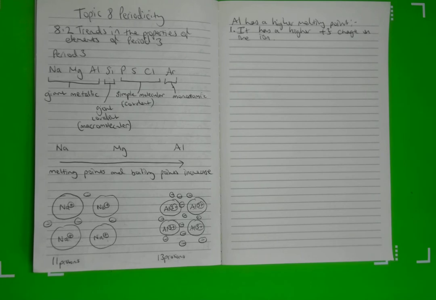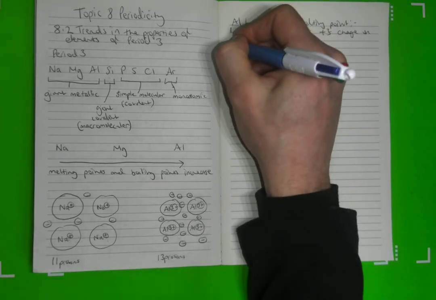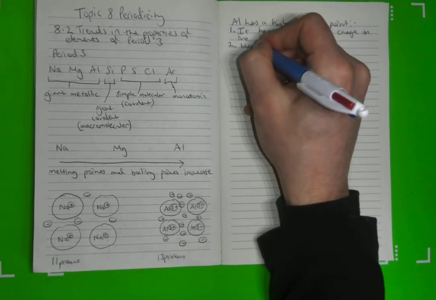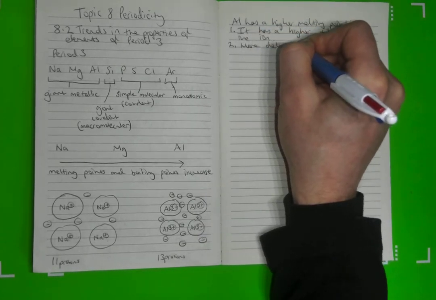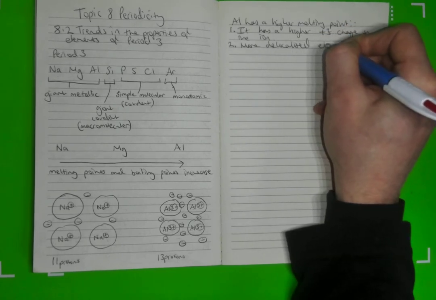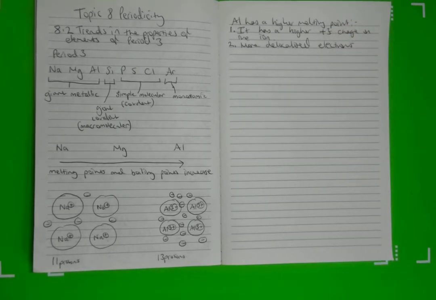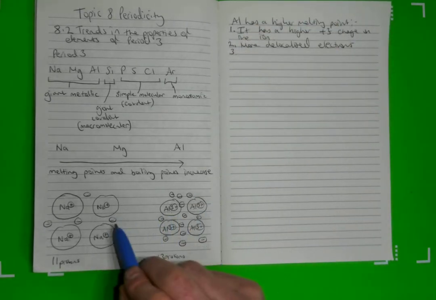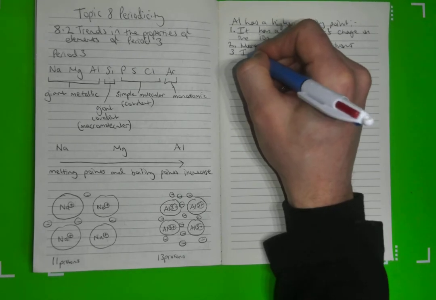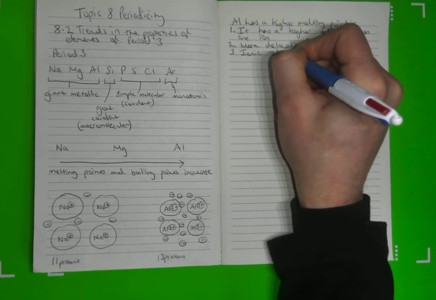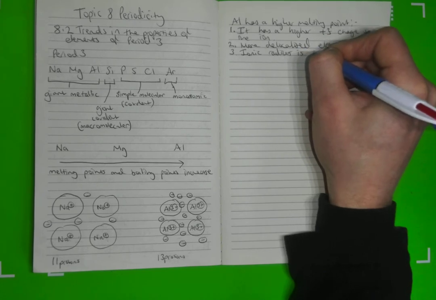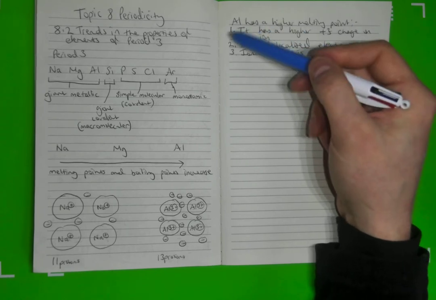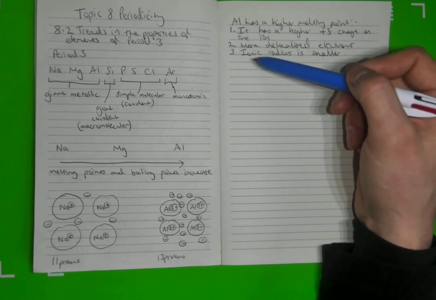That's our first reason. The second reason is that there are more delocalized electrons. Number 3 is that the ionic radius is smaller. Okay, so to answer the question why these 3 factors are important in making sure that aluminium has got a